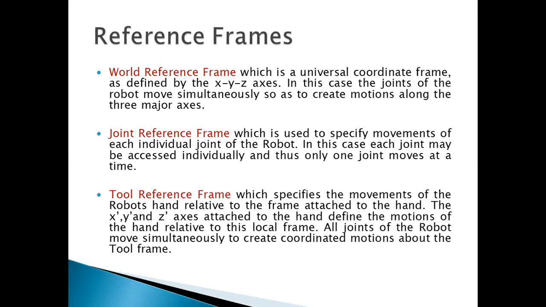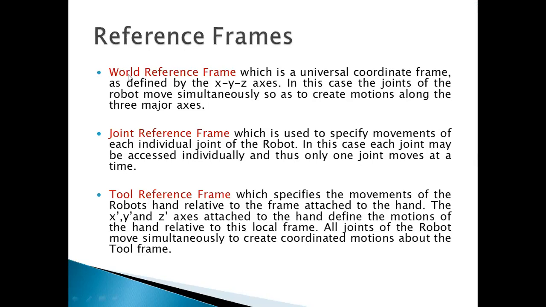These systems are very important to understand in the case of a robot also, because similar things will be applicable when you fix a robot inside an industry, a plant, or a room, so you have to mark the reference frame there. It means the robot end effector will not understand where the robot is placed or what the reference position of the robot is. When you go for programming, you need to first apply the reference frame. So this is the meaning of the reference frame, and these are divided into three main categories.